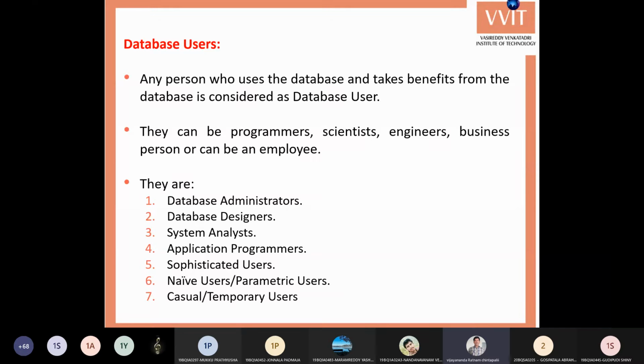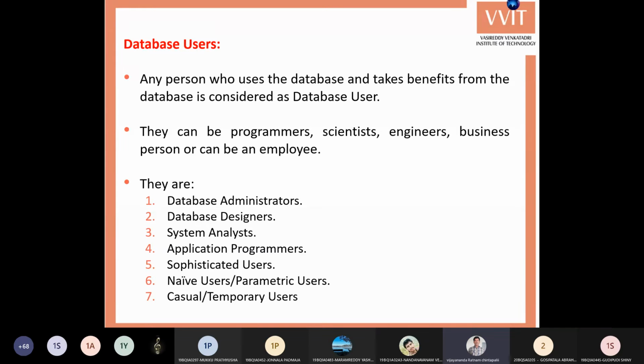One is database administrator, second database designers, third system analysts, fourth application programmers, fifth sophisticated users, sixth naive users or parametric users, and seventh casual or temporary users.